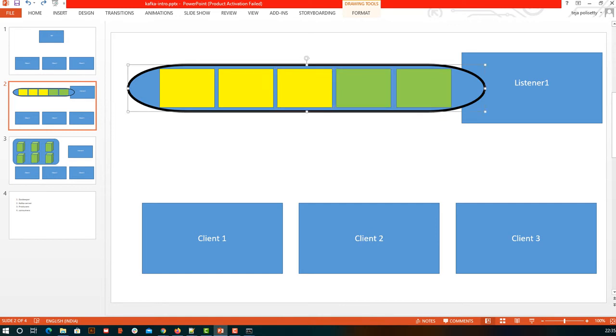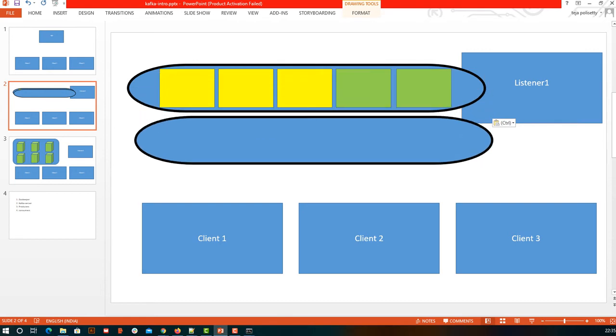Similarly we'll have one more partition, and its first payload we can name as partition 1 offset 0. So that is a concept called offset, to identify each request on each partition.